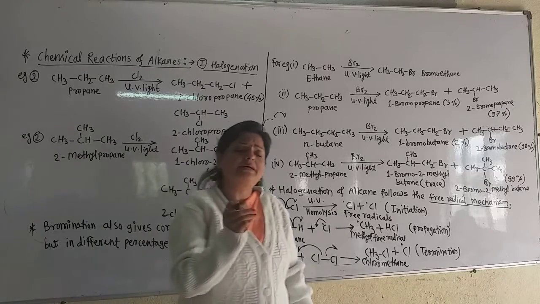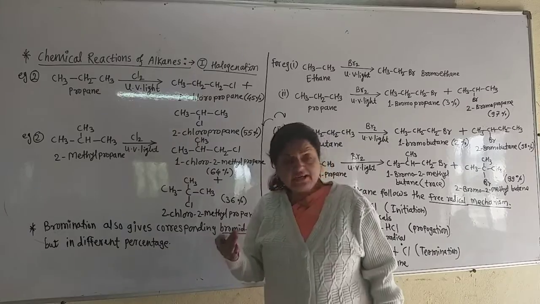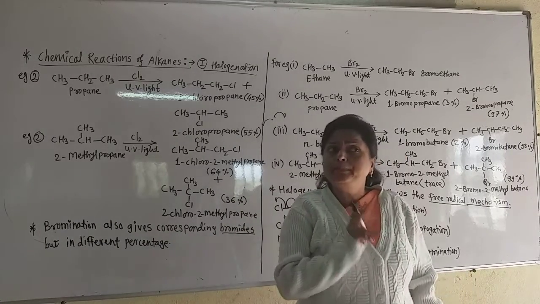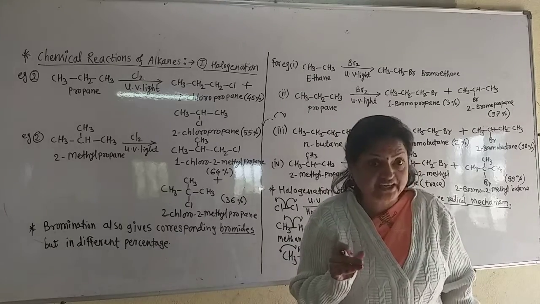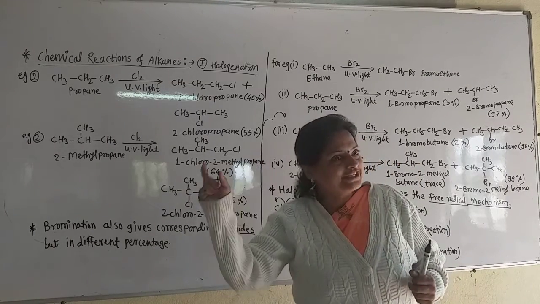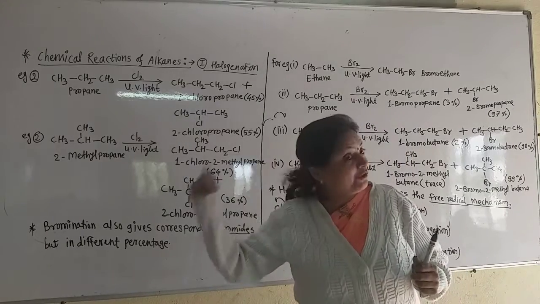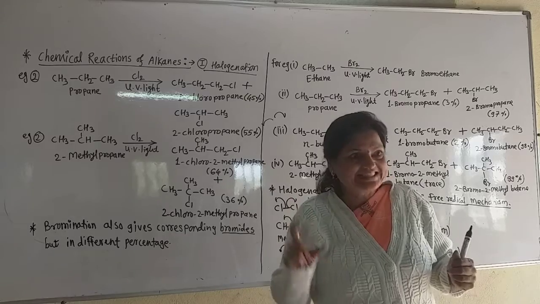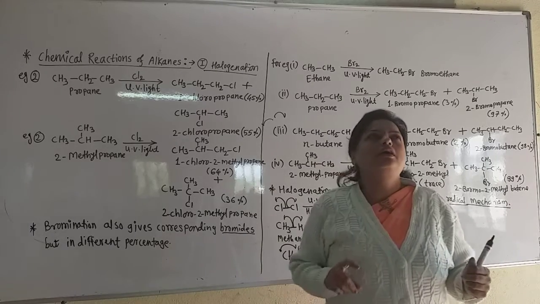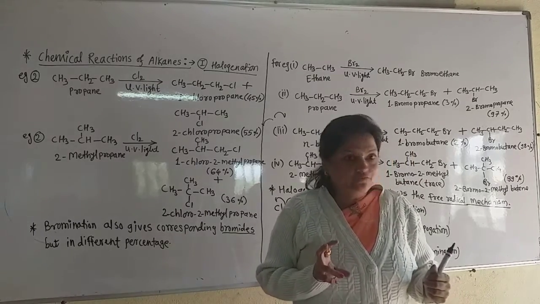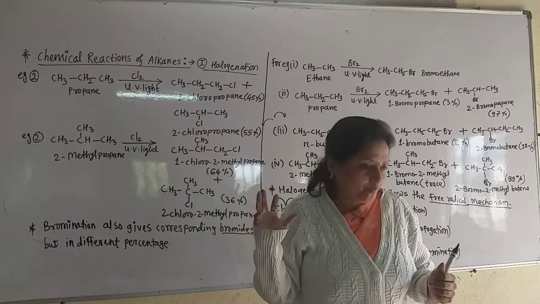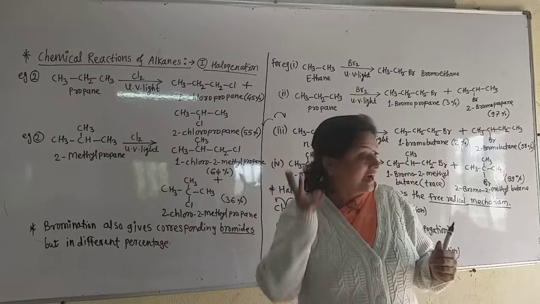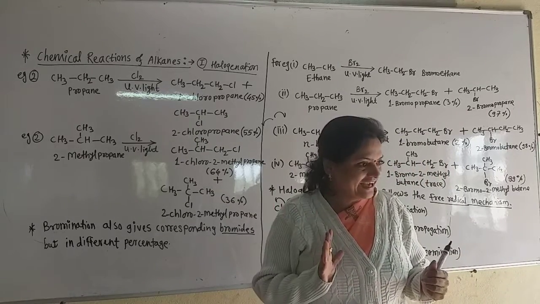Now a few examples are remaining from yesterday. Now let us see the second. We saw the halogenation of methane in four different steps yesterday. In the first step, methyl chloride is formed. In the second step, methylene dichloride is formed. In the third step, trichloromethane, which we call chloroform, is formed. And in the fourth step, there is the formation of carbon tetrachloride. We already saw the halogenation.